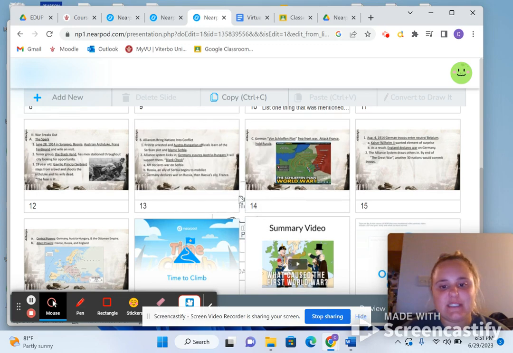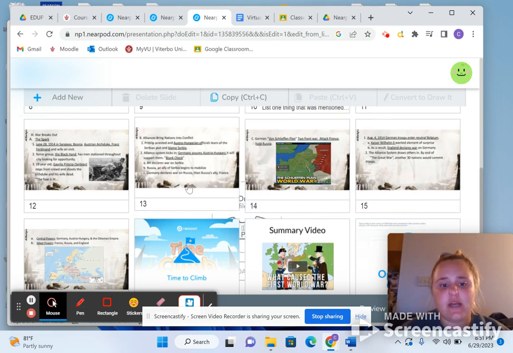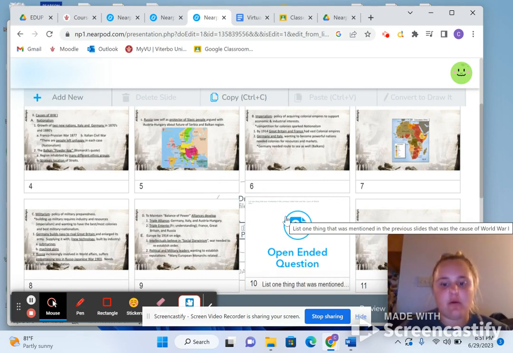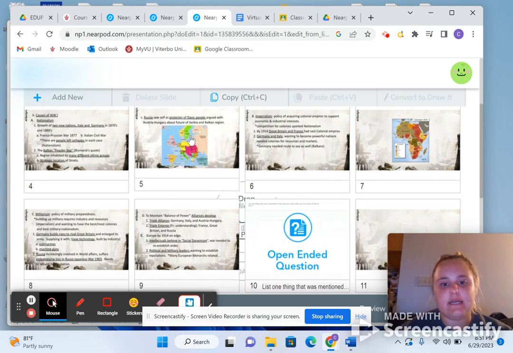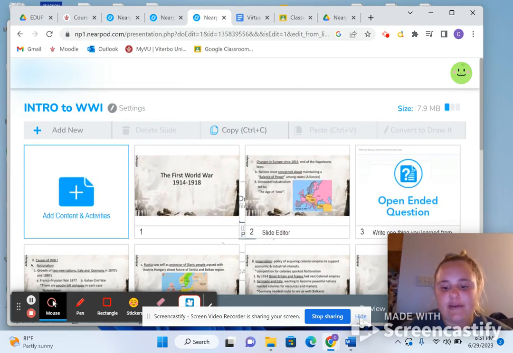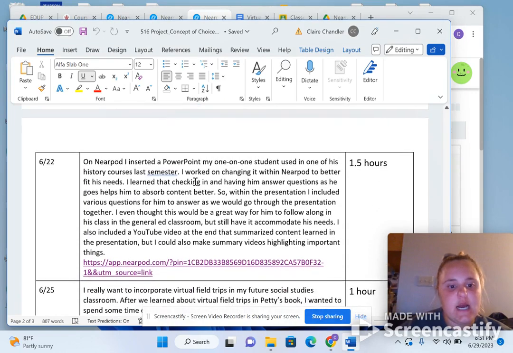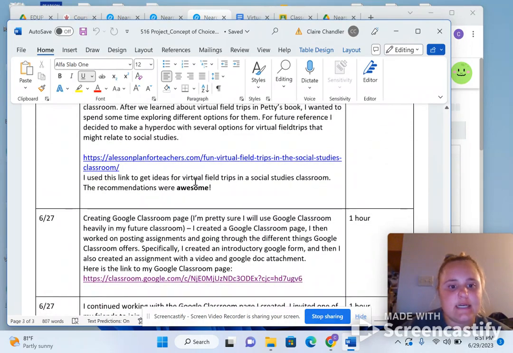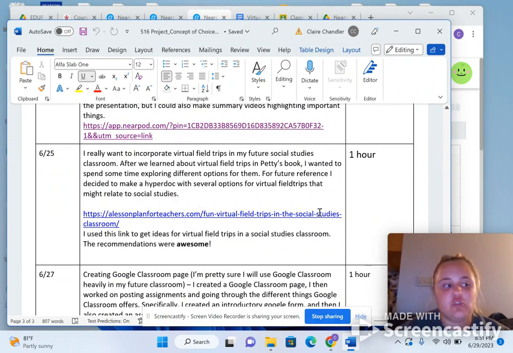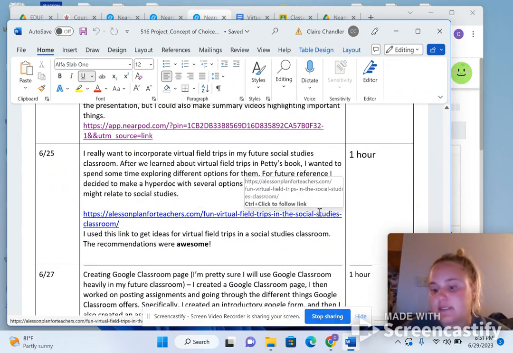I can definitely see myself using it in the future, but I think I will use it more like this one where I put in my own PowerPoint or slideshow or Google Slides and then add in the features that Nearpod offers. So after that, I decided that I really want to have virtual field trips implemented into my lesson plans, and I got that idea after reading